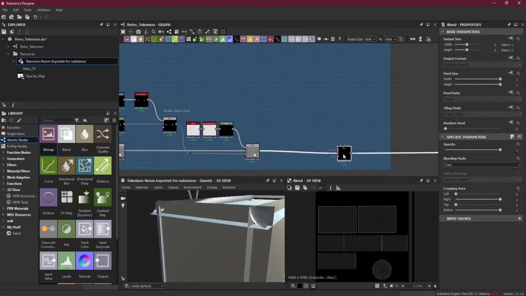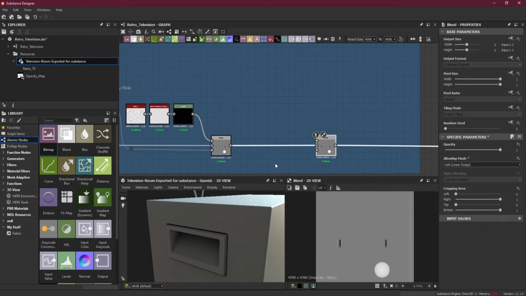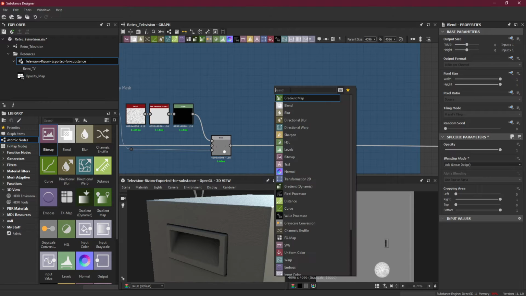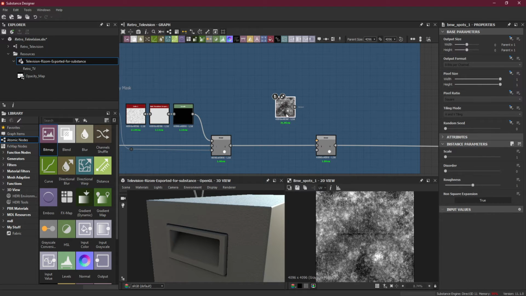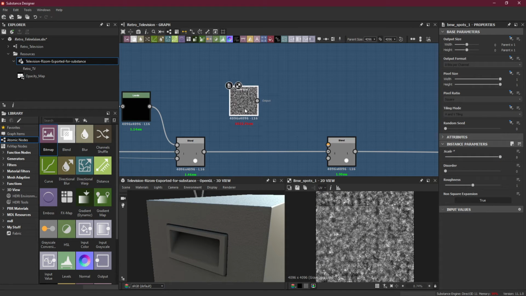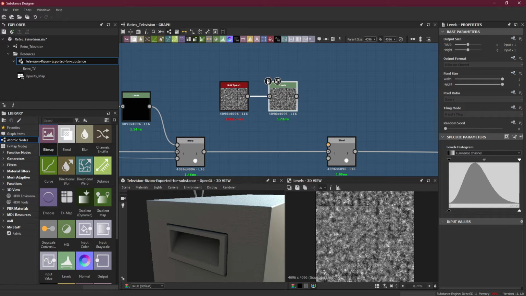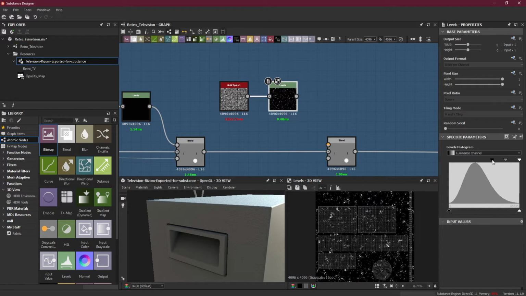So now I will add another blend node here, and I will use add. Now here I will place even a little bigger dents. So I will add a new spot, black and white spot 1. I will scale it up so it has more tiles. I will add a levels here, and I will try to increase the black amount so I can have these